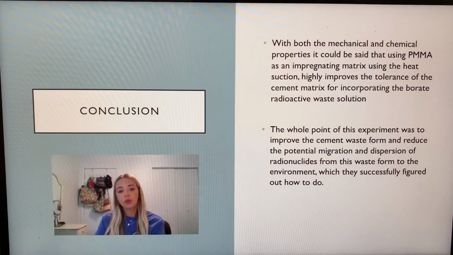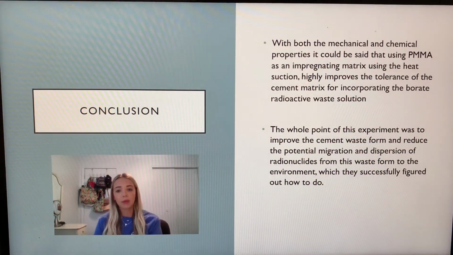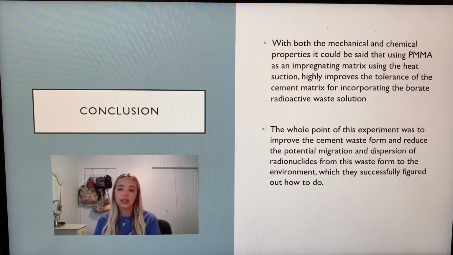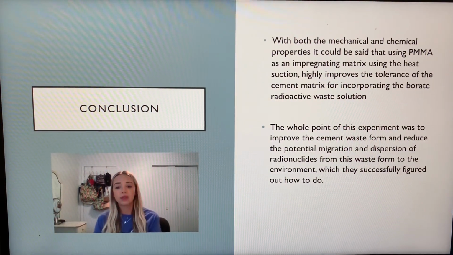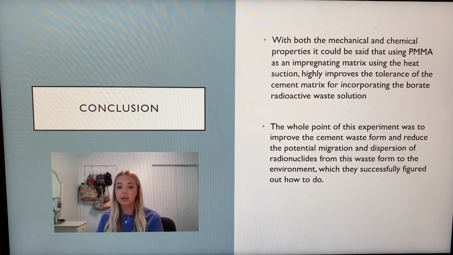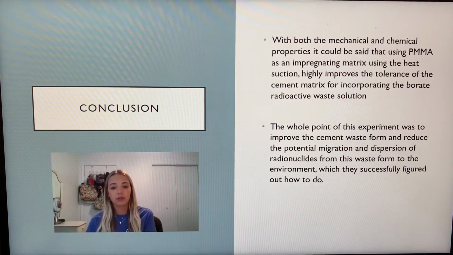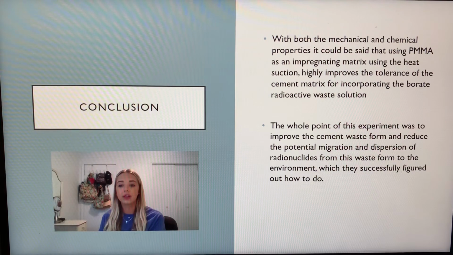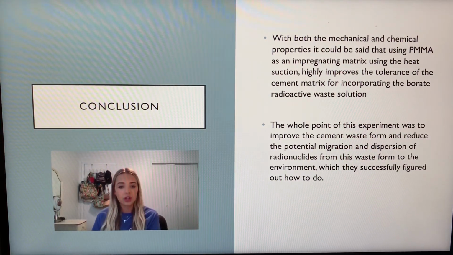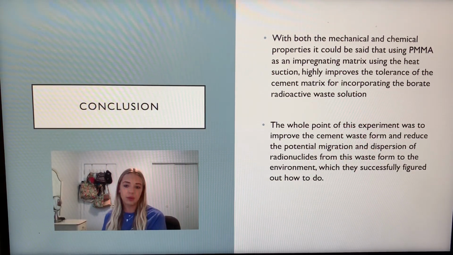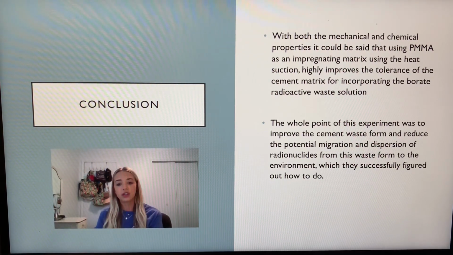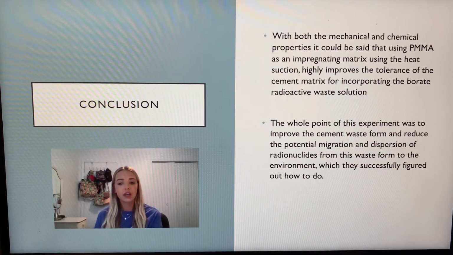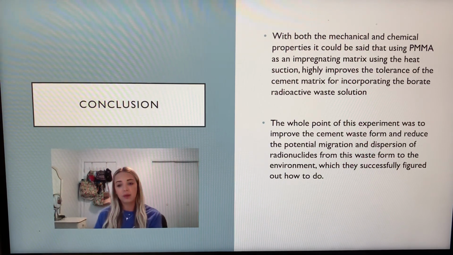In conclusion, with both the mechanical and the chemical property outcomes, it could be said that using the PMMA as an impregnating matrix, using the heat suction technique, highly improves the tolerance of the cement matrix for incorporating the borate radioactive waste solution. So the whole point of this experiment was to improve the cement waste form and reduce the potential migration and dispersion of radionuclides from this waste form to the environment, which they successfully